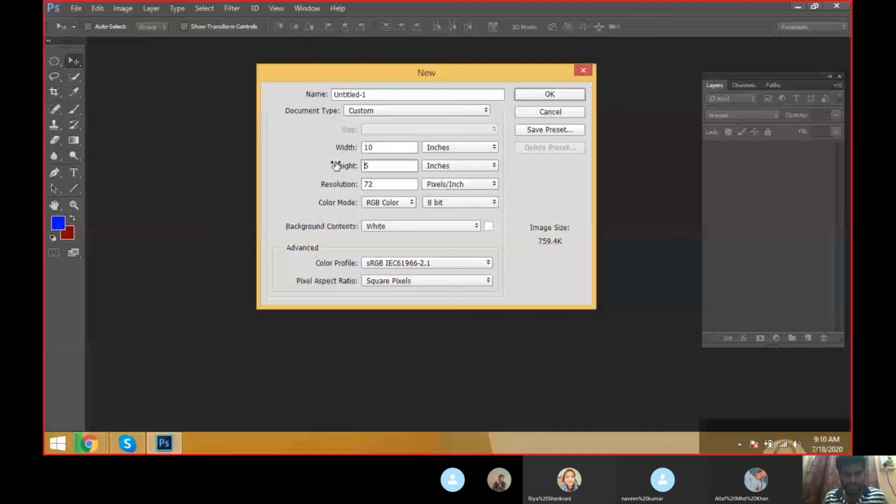and resolution will be 72 or 100. And the color mode will be RGB and CMYK. Bitmap is image mode, grayscale is black and white mode, RGB is red, green, blue, CMYK is cyan, magenta, yellow, K for Key, black colors. RGB is a primary color mode channel and CMYK is a secondary color mode channel. Okay, and keep it RGB. It is a test class only, so I'm just keeping the 72 resolution.